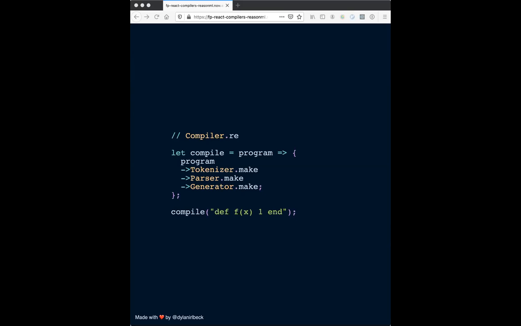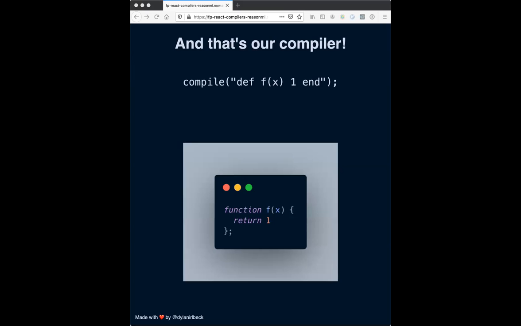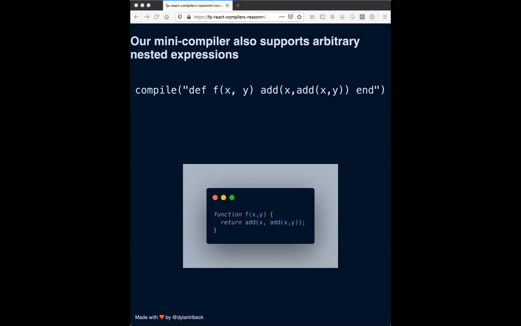And then we can just call our compile function from above with our input program. And that's our compiler. So if we call compile with a definition, you see the JavaScript being represented. And what's neat is that our mini compiler also supports arbitrary nested expressions. So as you can see here,